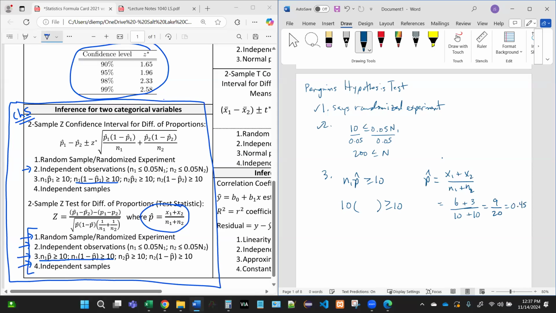So that's our p hat. And there's no p1 hat. This isn't p1 hat or p2 hat. This is p hat, the blended pooled proportion. So under the null, our best estimate for the proportion of survivors would be 45%. So 10 times 0.45